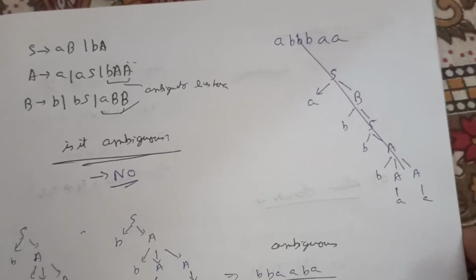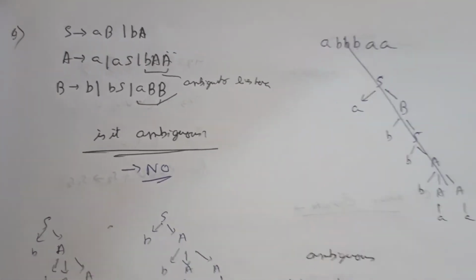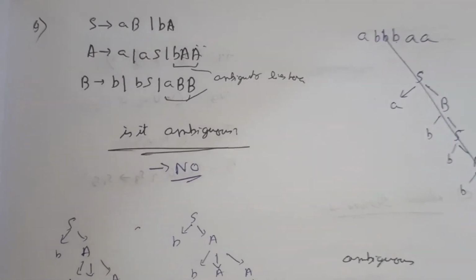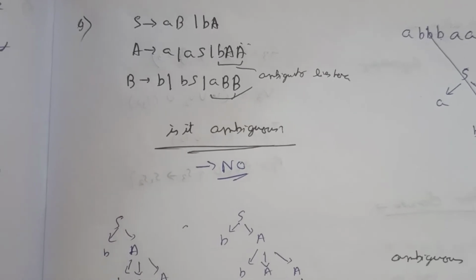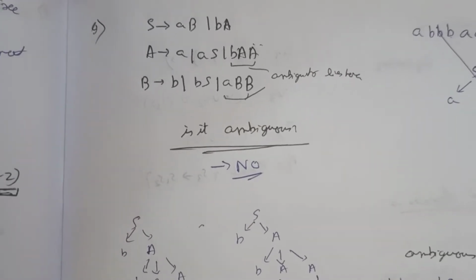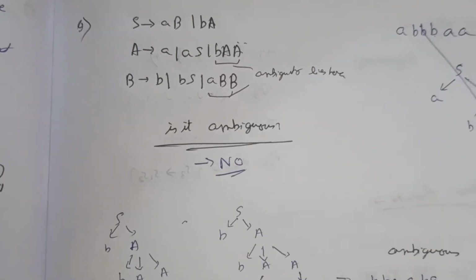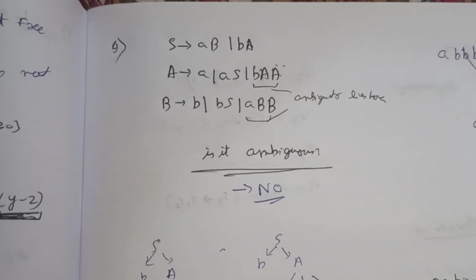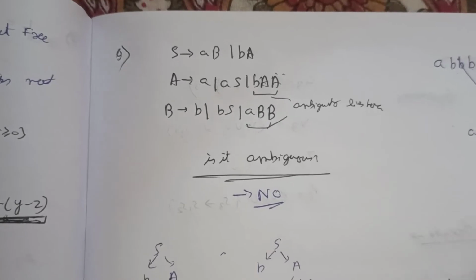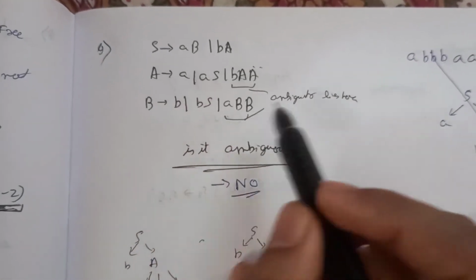So now check if there is any ambiguity in this grammar or not. The best way to check this is to make such a string which proves that there is an ambiguity. Or if you want to check for yourself just for MCQs or something, you must check through the expression itself.